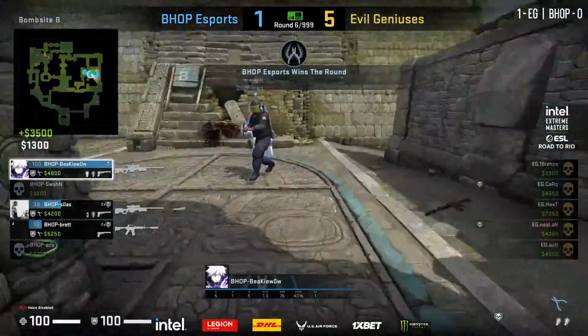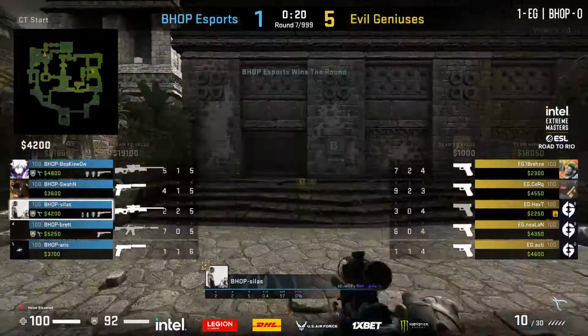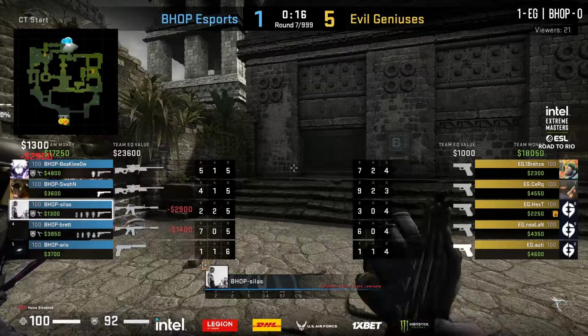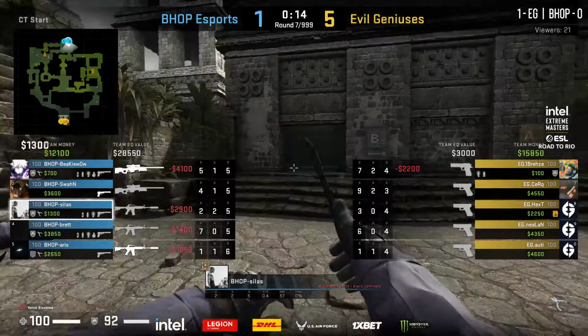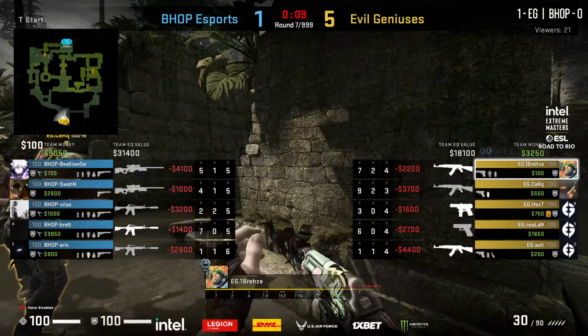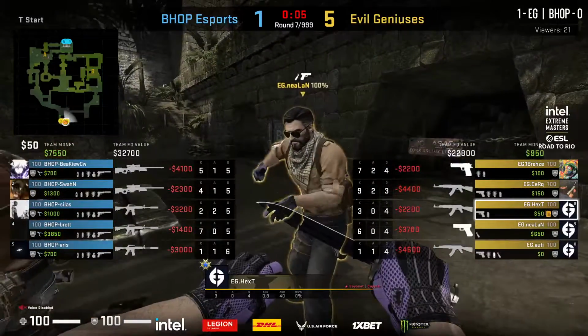The first round on the board for BHOP comes at a very good time, because they can't really allow EG to get many more on the board, and the money for this T side is pretty weird as well, with Breeze and Hext both around 2K, everybody else at 4K plus. They'll be able to go for a half buy, or I guess a full buy, considering, with Hext on a Tech 9, Nealon on a...